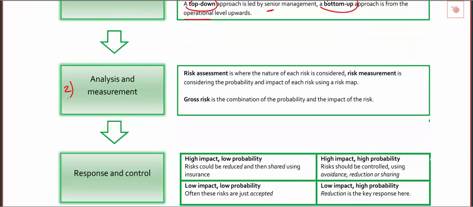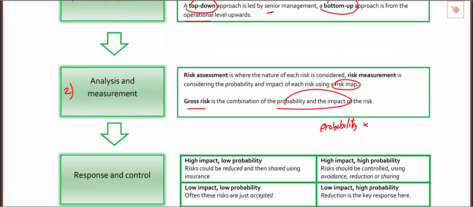Once I know what those risks can be, I need to think about how damaging they can be. So we can use a risk mapping process to start thinking about those, for example, those 4 risk concepts. So how exposed am I by nature? What is the likelihood of it actually happening? Gross risk is a term we use for the combination of probability and impact. So how likely is it that it's going to occur, multiplied by how much damage it does to me as a business.